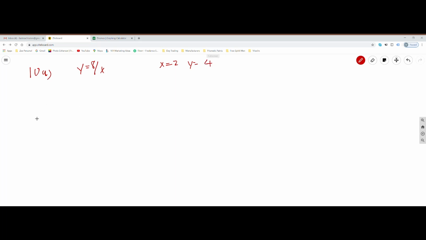So we have 8 over 2 plus h minus 4 over h. So we have to multiply the 4 by 2 plus h, so it equals 8 over 2 plus h minus 4, 2 plus h